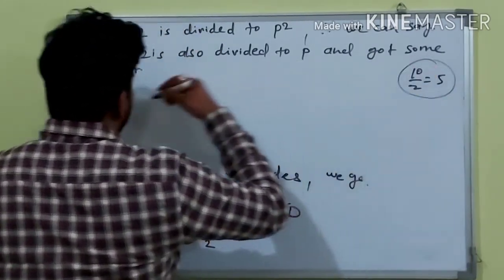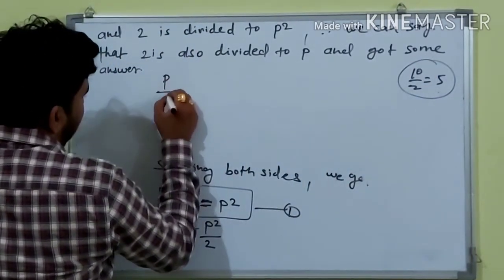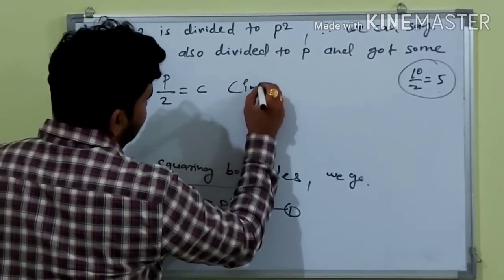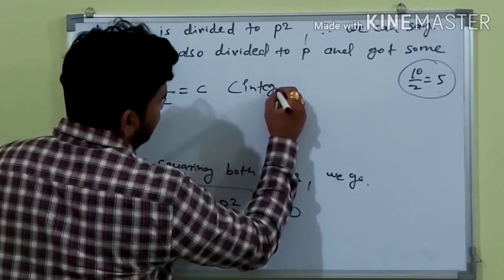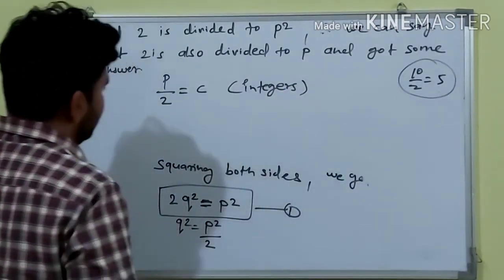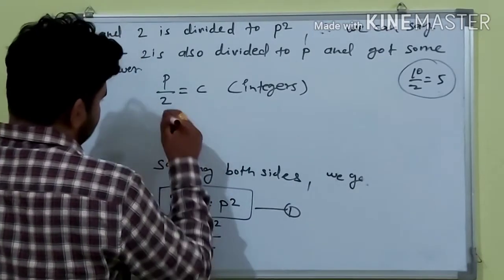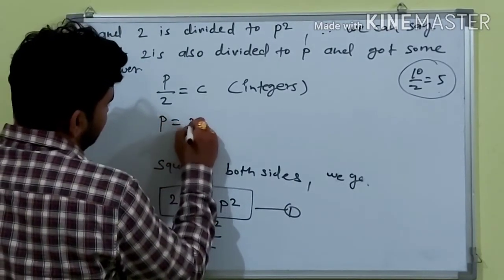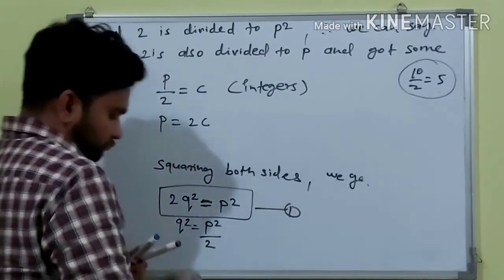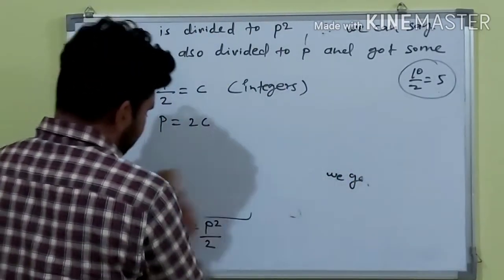This thing is also applied here. When we divide p by 2, we get answer c. C is any integer. Okay, c is an integer here. That means we can say that p is equals to 2c. Okay, p is equals to 2c,